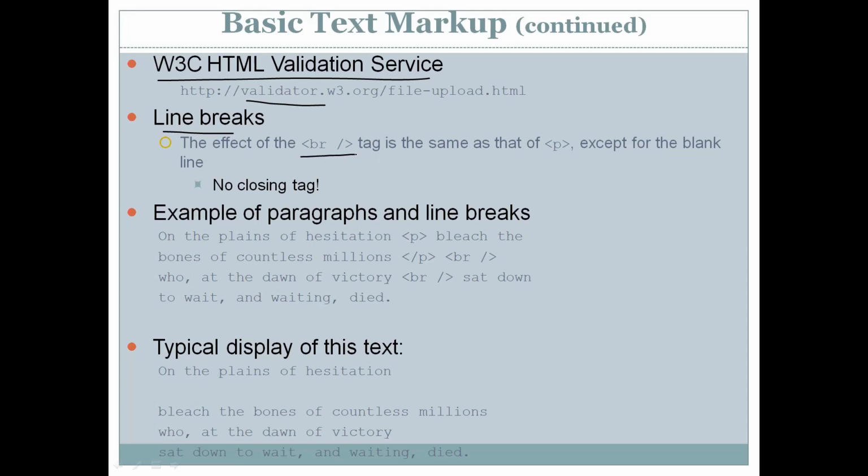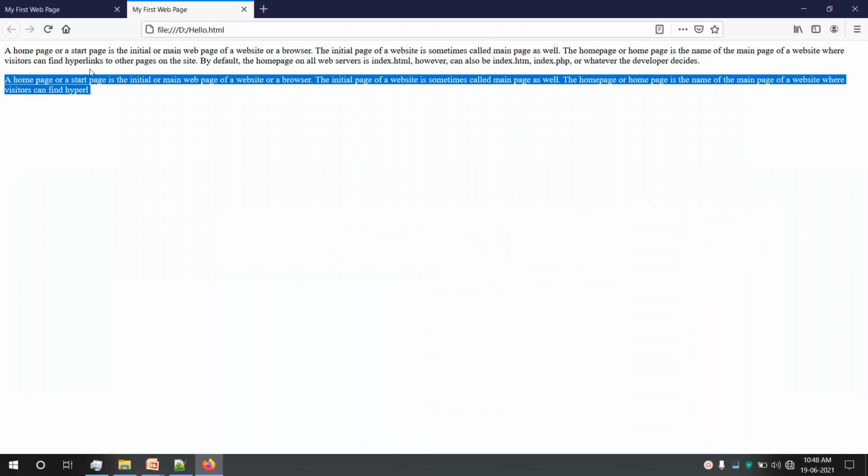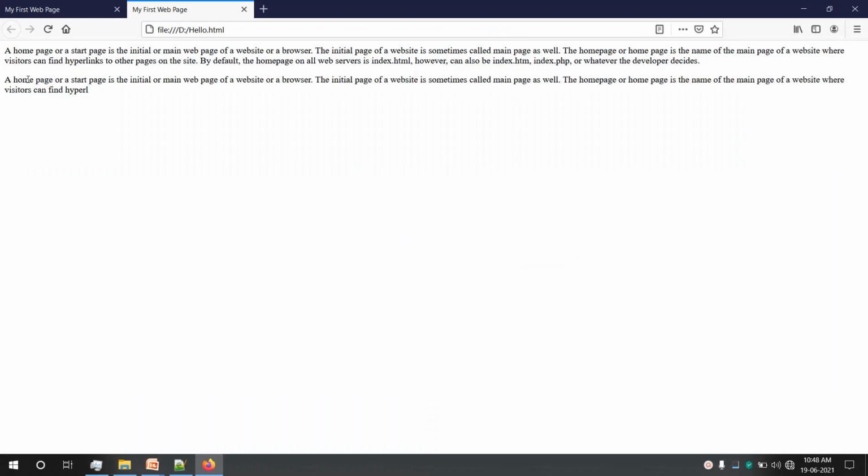Okay, so the effect of BR is almost same like a paragraph tag, but BR will not add an extra blank line. In case of paragraph, if you look at the output here, there is an extra blank line in between, and that is because of the paragraph tag.